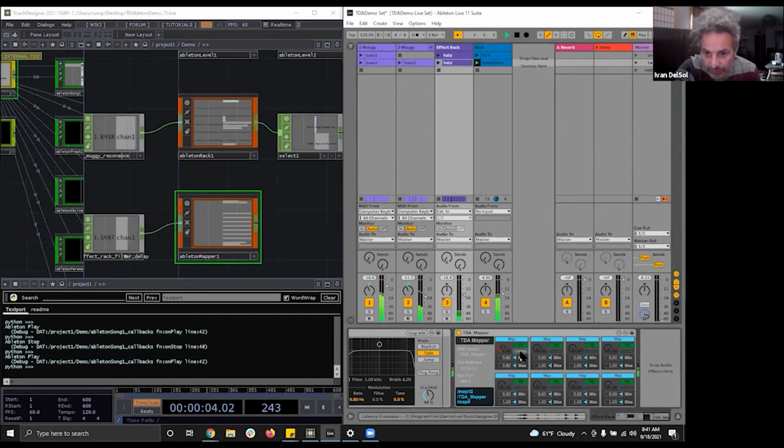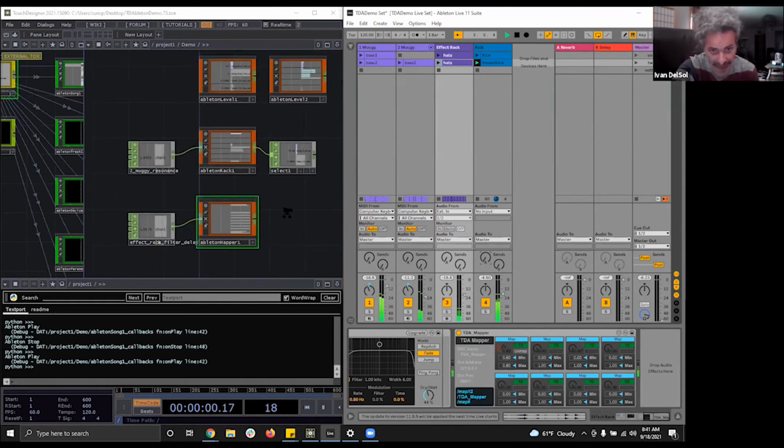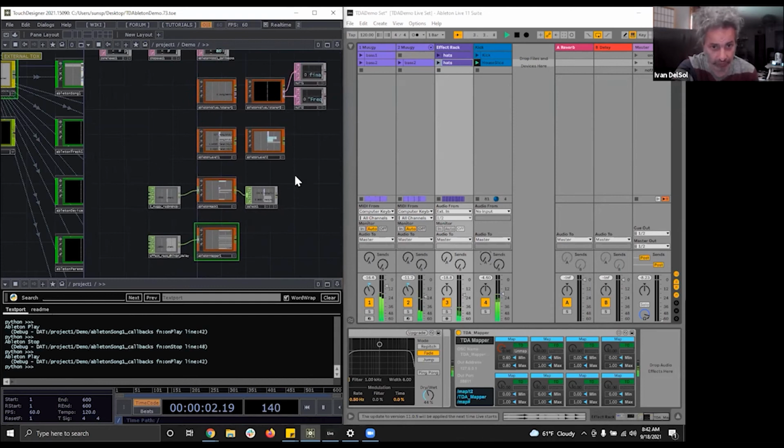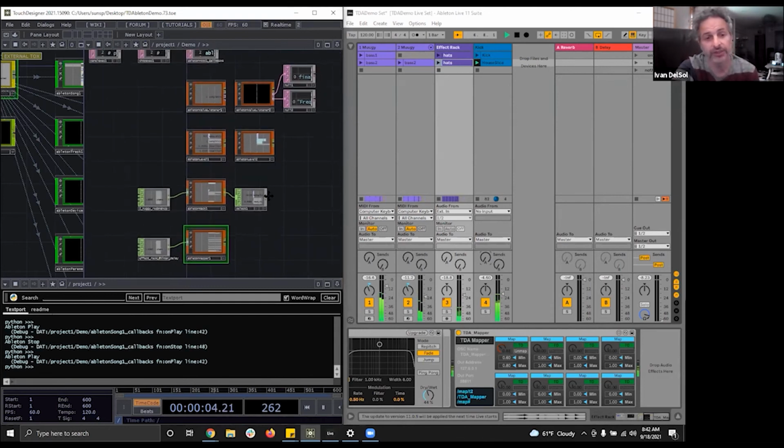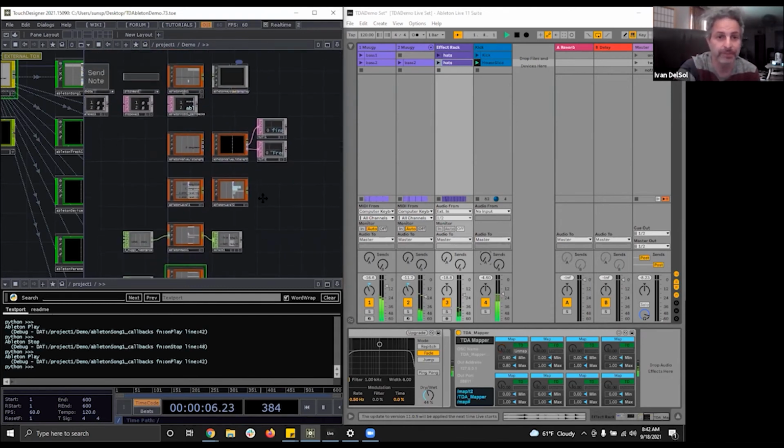You can make this work to control pretty much any parameter in your live set. The mapper is more for if you want to control aspects of your sound from TouchDesigner,